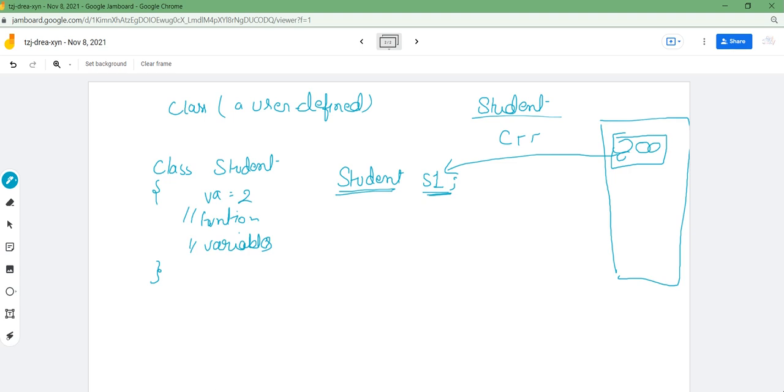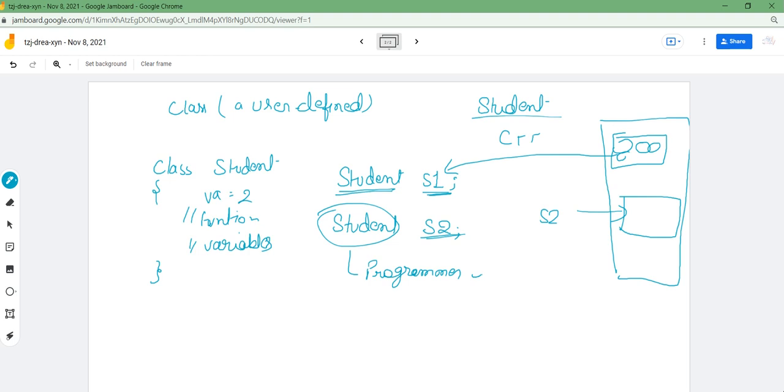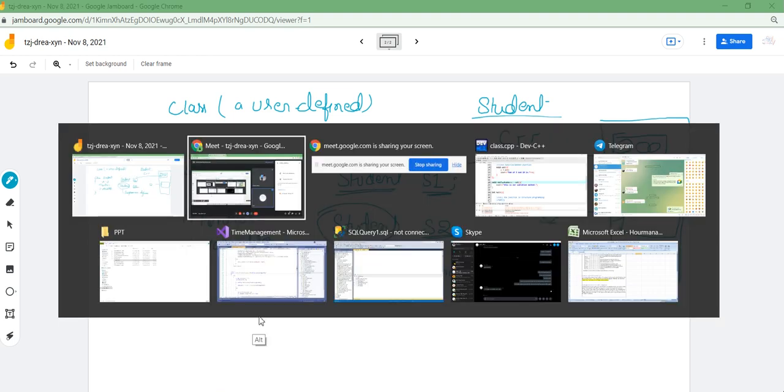In the same way, I can declare another variable of the same data type. This is also going to have a separate memory location with different values, with the name s2. So class is basically a data type, the data type which the programmer defines.